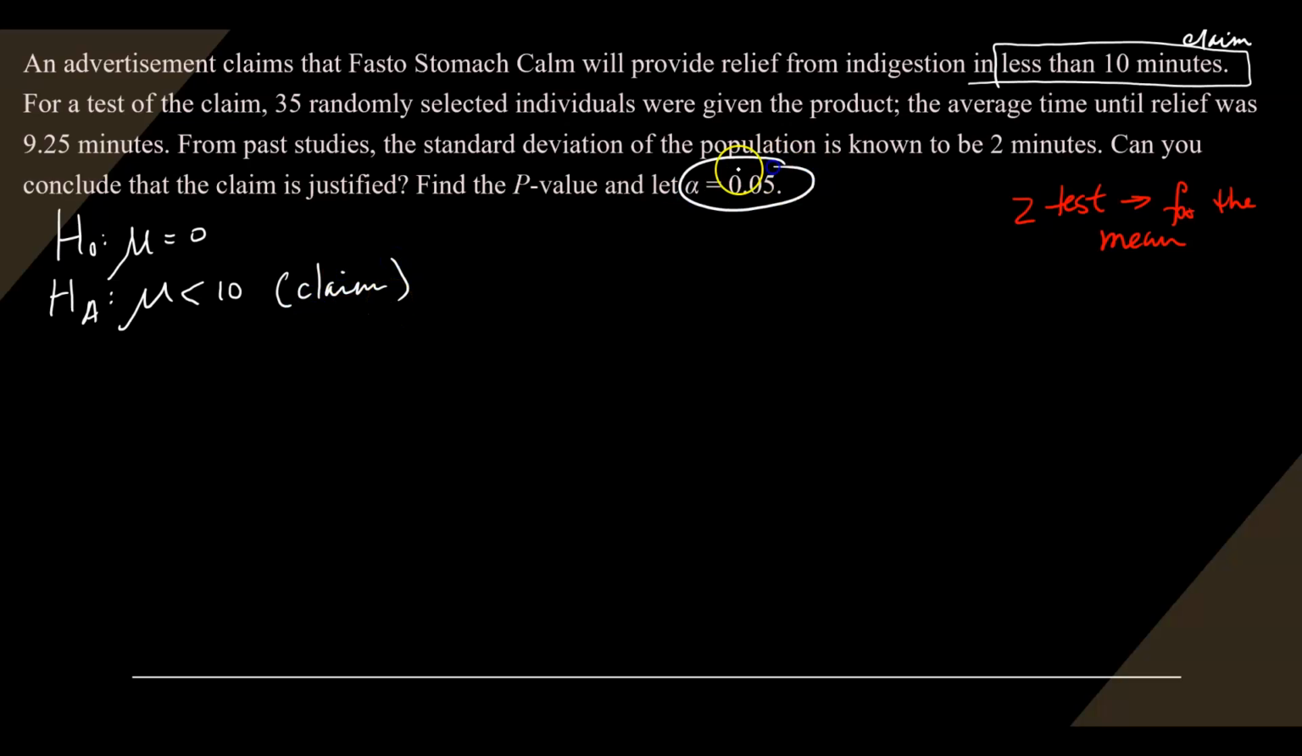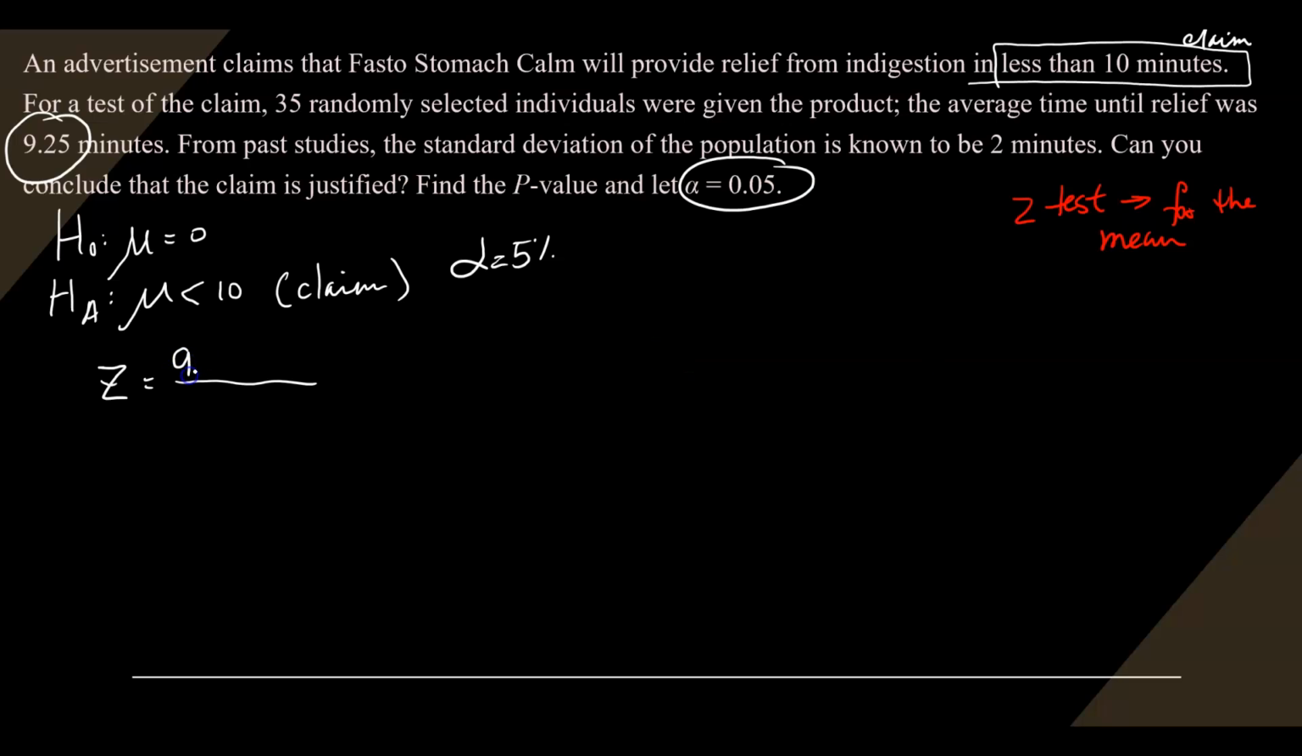Now my alpha is 5%. This is something that I would need in order to compare my p-value to. Okay, so now I'm looking at this. If I'm doing the p-value, I do not need to do the critical value. I can go straight to the z-test statistic. And the test statistic is going to be here, this